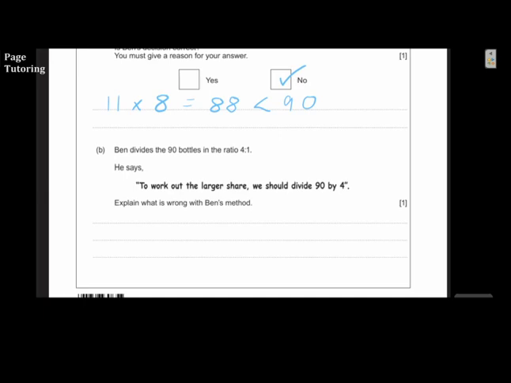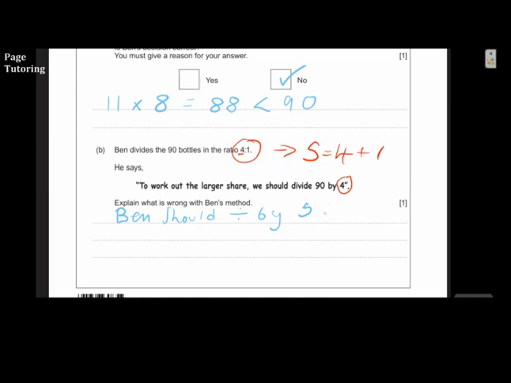So, for example, I'm going to write this in red because it's wrong. What Ben's done here is he's got this 4 from this 4 on this side. But with the ratio, in total, you have 5. So 4 plus 1. So if he was to divide this up and figure out the ratios, and we'll write this in blue because this is correct, Ben should divide by